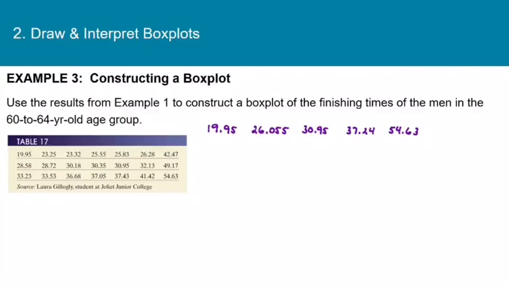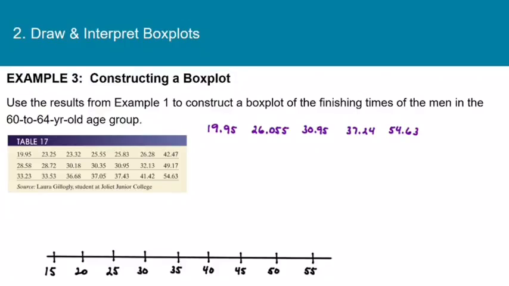Now there's no way that we're going to be able to draw a number line that accounts for 2 decimal places. It's just not possible. And as a matter of fact, for this data going from 19 point something to 54 point something, I think it's probably going to be best if we just try to count by 5s. So we need a number line that starts at a number small enough to hold 19.95 and goes to a number big enough to hold 54.63. So let's just have it go from 15 to 55, and that will cover the minimum to maximum values for